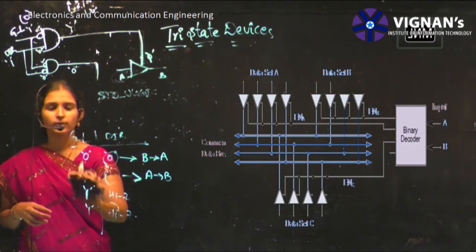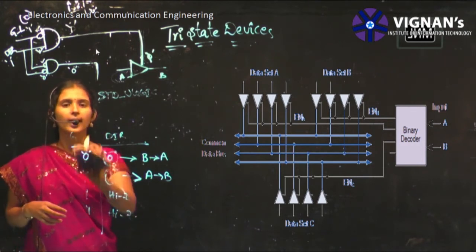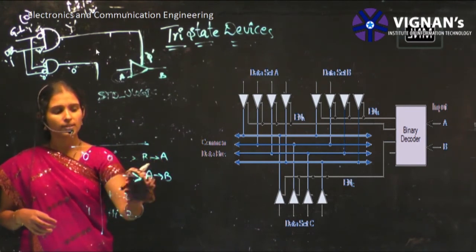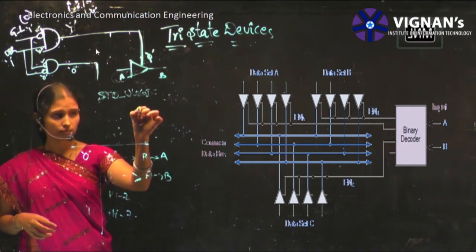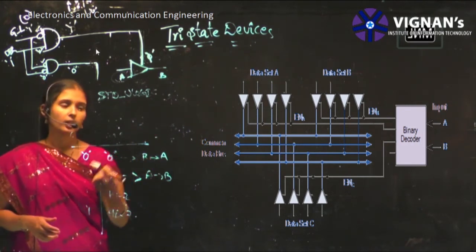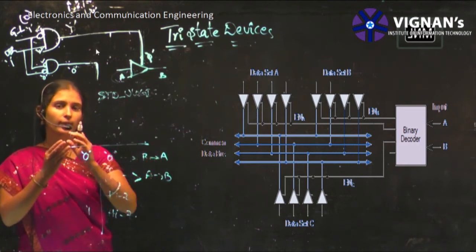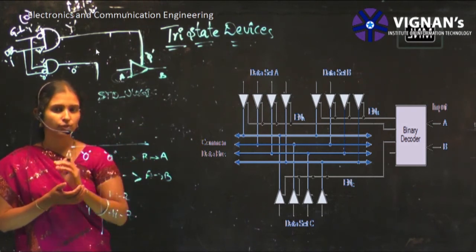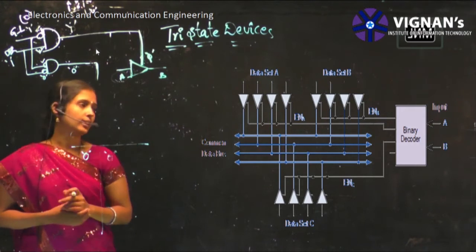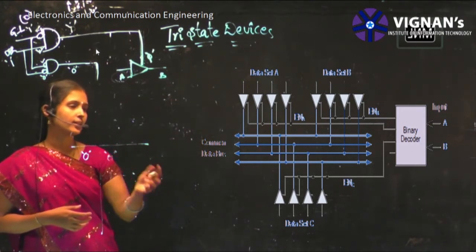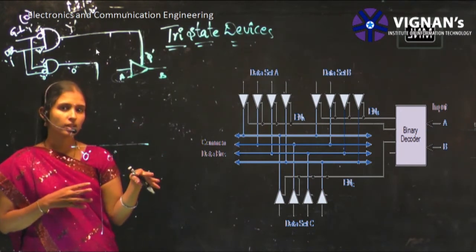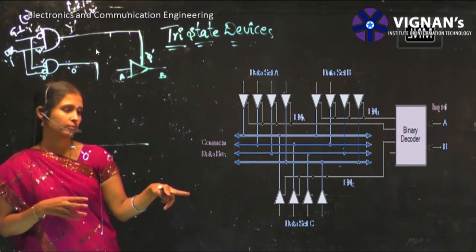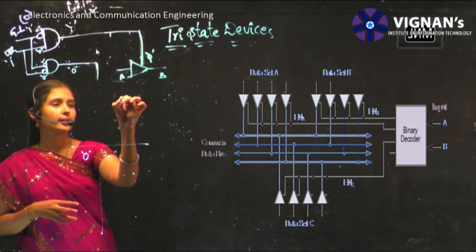Now coming to the circuit diagram, you can see a decoder. There are 4 data buses, that means there are 4 inputs. We saw how the microprocessor takes all the 8 bits from the user inputs and how the data is going to transfer. But suppose there are dataset A, dataset B, dataset C and dataset D. That means there are 4 datasets. By using a decoder, you are enabling only one dataset.